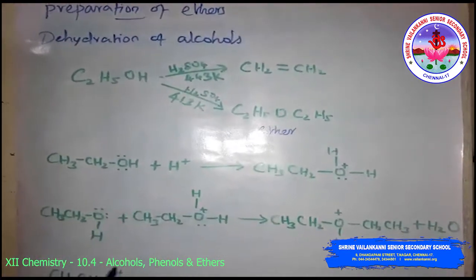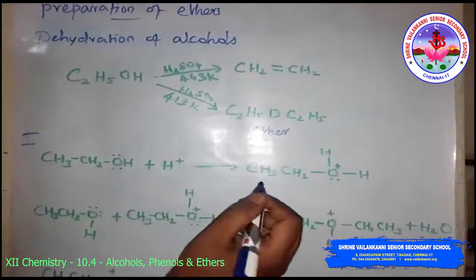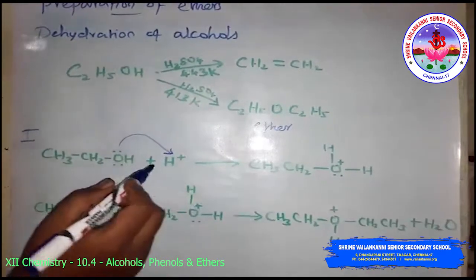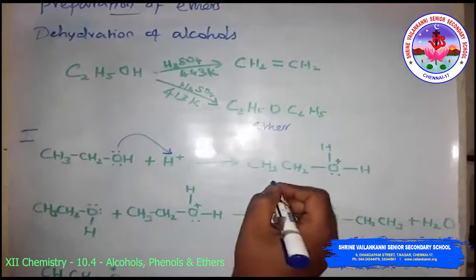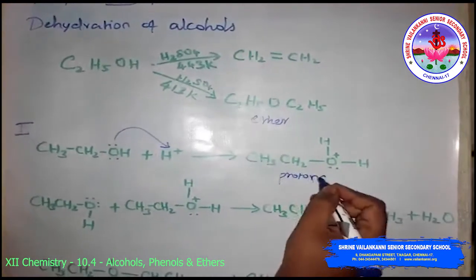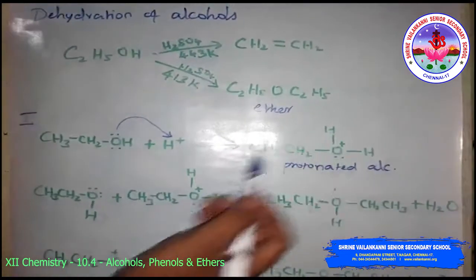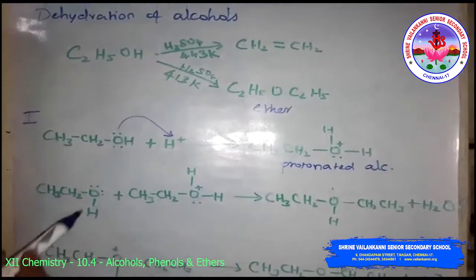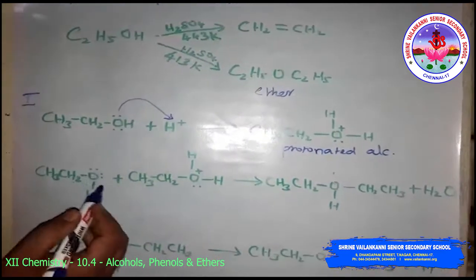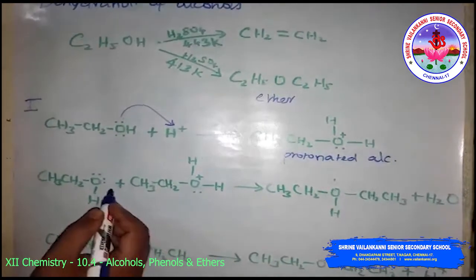This is also a three-step mechanism. The first step, alcohol reacts with acid to form a protonated alcohol. This lone pair of electrons stabilizes the positive charge and forms oxonium ion or protonated alcohol. So this protonated alcohol again reacts with 1 mole of alcohol to form again like this. See the lone pair of electrons, this oxygen to stabilize the